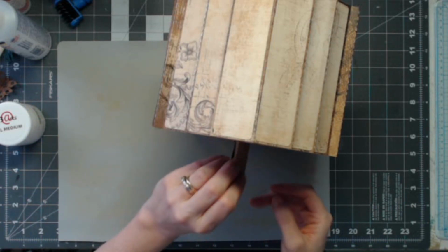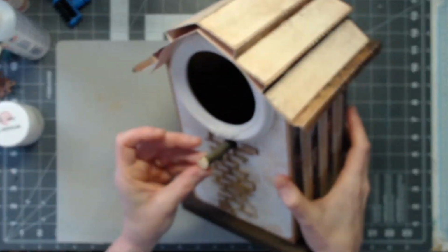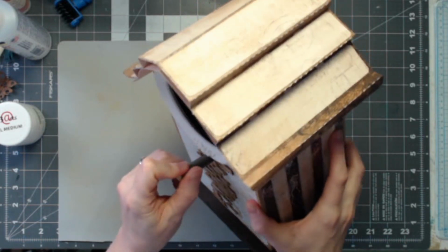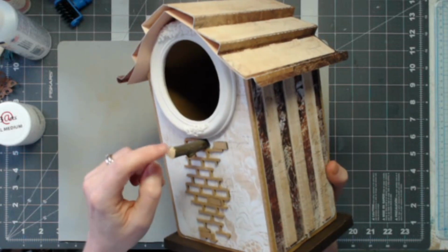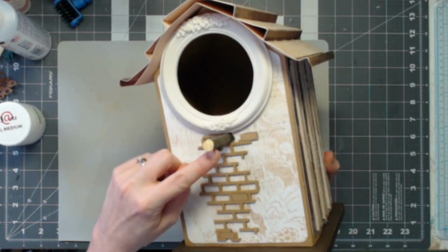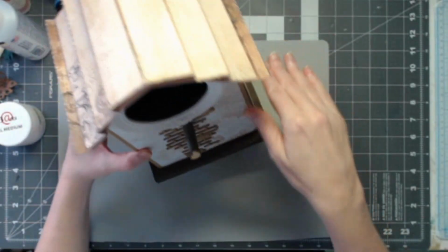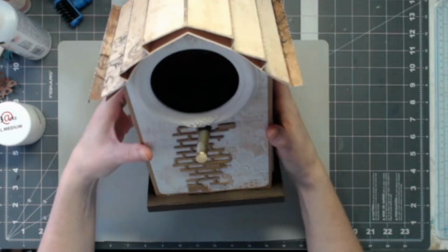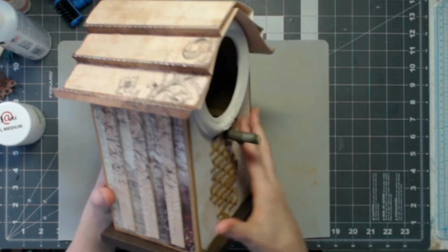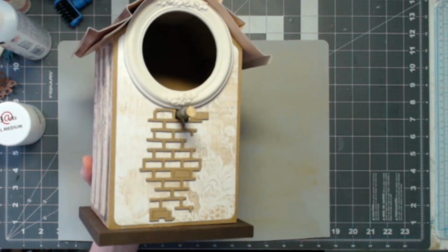But I decided, instead of having the paper sticking out, I would just utilize my access to nature and get a stick that had been part of trees that my husband had cut down just to thin out all the undergrowth. We had a lot of little trees and nothing could grow, so he had trimmed this a while ago, and so I just got that. Didn't want anybody to think I was just snatching them off of live trees. Anyhow,